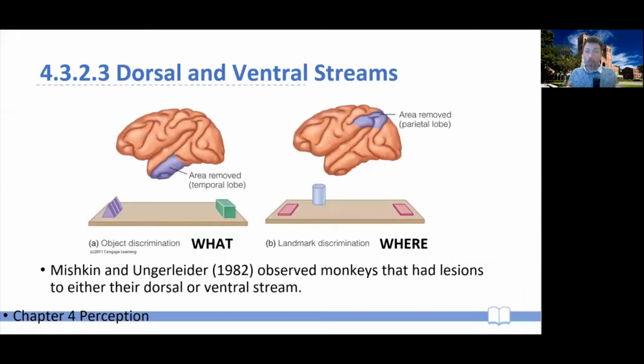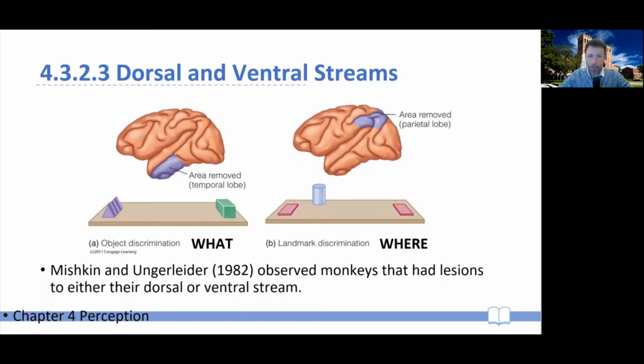Now, as we were saying, what was particularly interesting is that there seems to be a dissociation between parts of the brain interested in the what, in the identity, in the ventral stream, so in temporal cortex, versus parts of the brain that seem to be more concerned with taking that early visual information and extracting from it position in space, so where. And one nice demonstration of this was done in a non-human primate model by Mishkin and Ungerleider